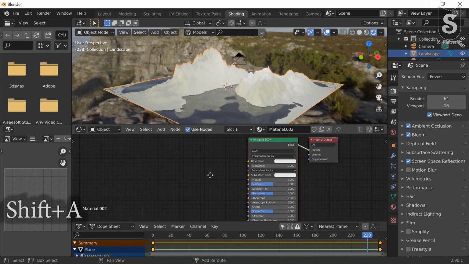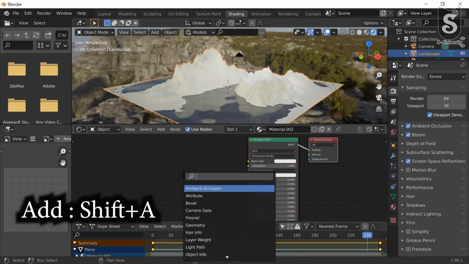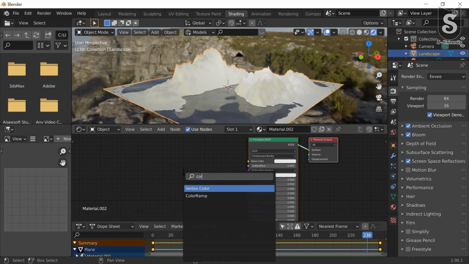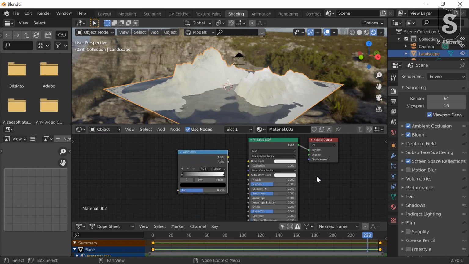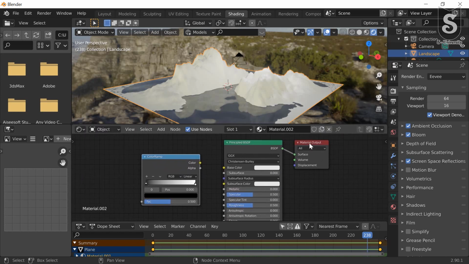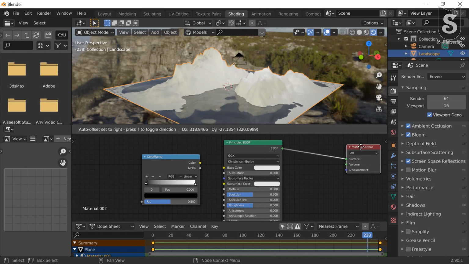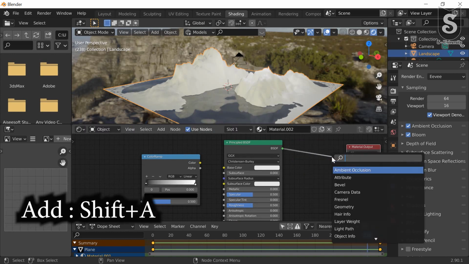Now Shift A, insert color ramp. Shift A for mix shader.